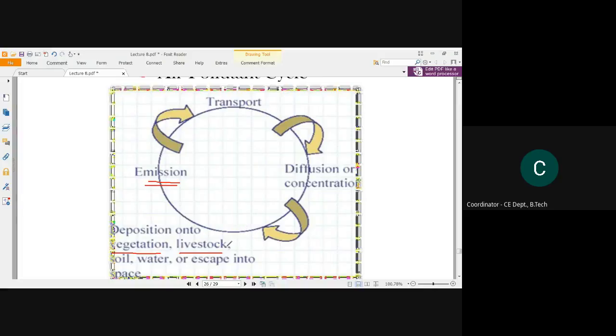So these are termed as livestock. So the rest of the pollutants get deposited into those livestock as well, and eating those livestock, those animals give milk, and we often just eat the meat of those particular animals. So we